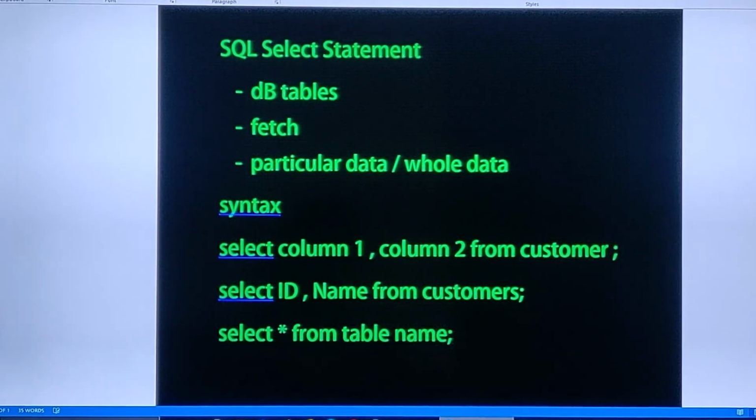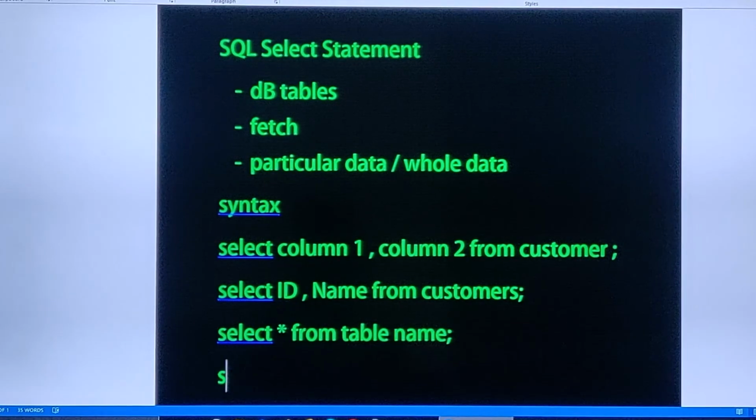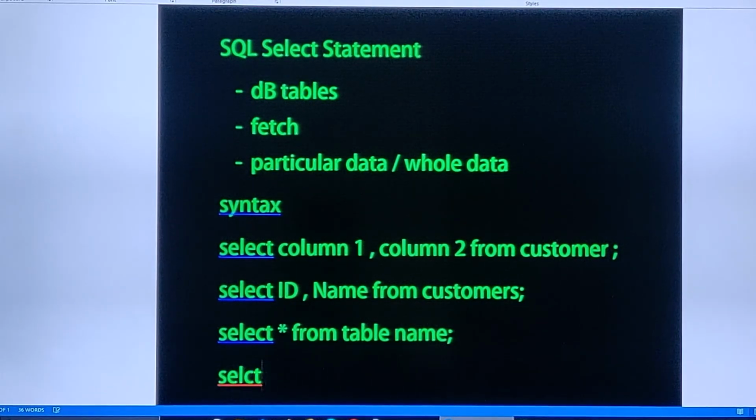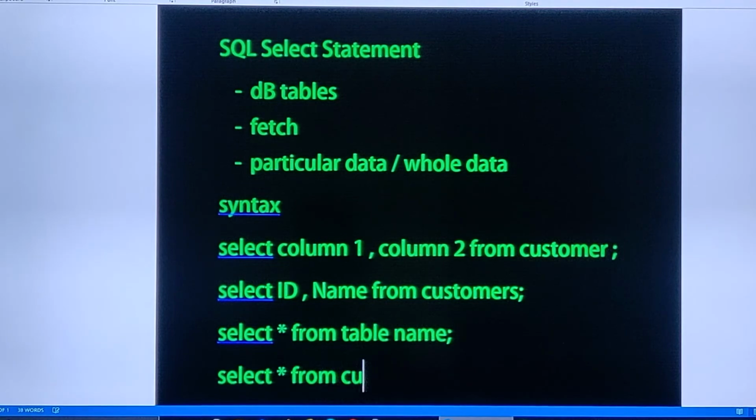So this is simple, right? Here in our example, it is going to be select star from customers, which is our table name.